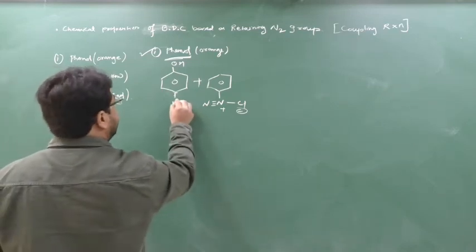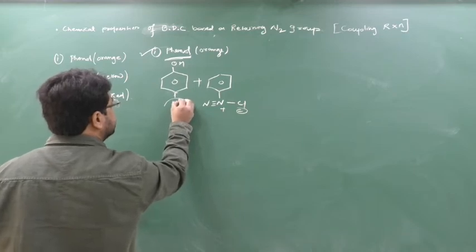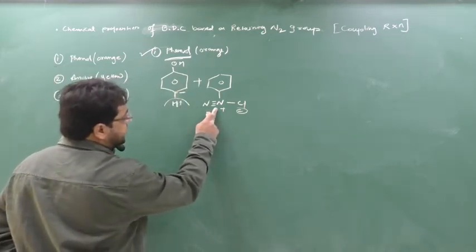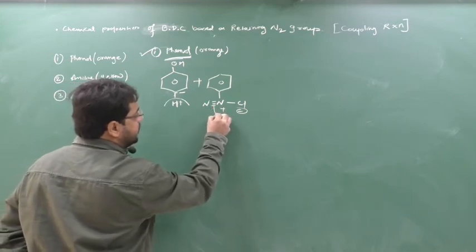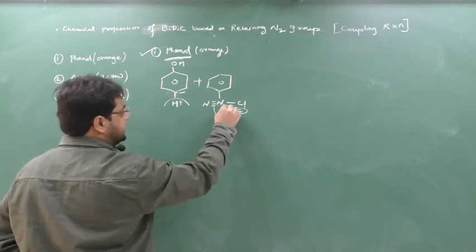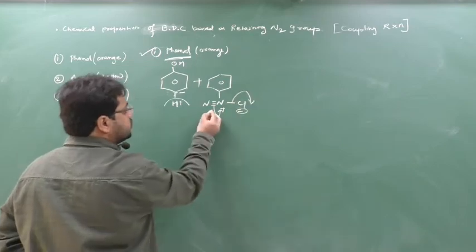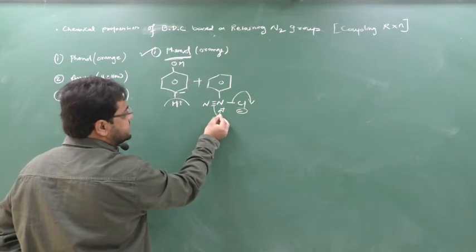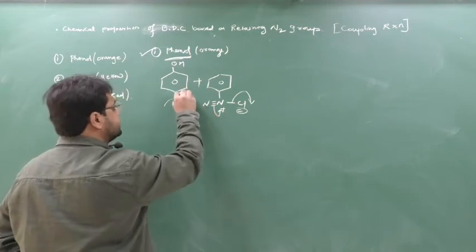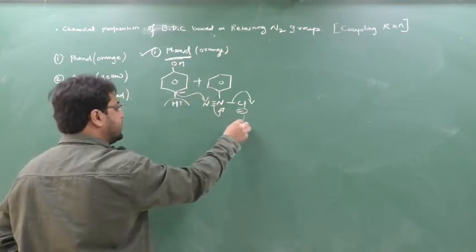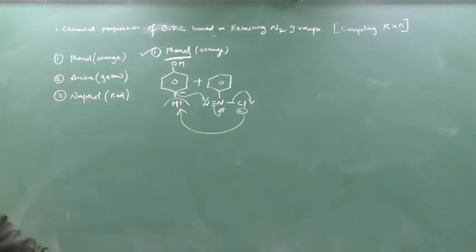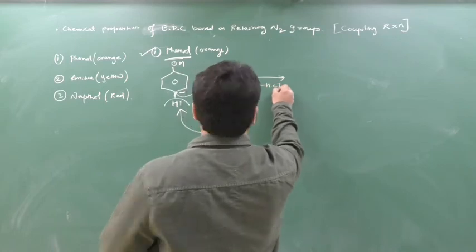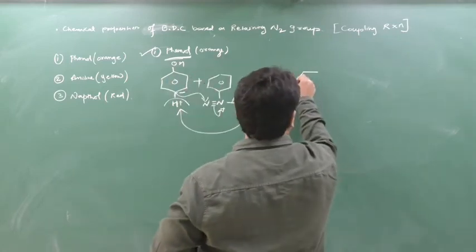Now see, as this is an acidic hydrogen, it will be removed as H plus, so a minus charge will be there. This is a nitrogen, so it needs an electron. So this nitrogen will gain this lone pair here. As it gains the electron, this bond should be broken. So this nitrogen is giving its electron here, which creates a positive charge, and this will be satisfied by this carbon. This chlorine will come and attack here, forming HCl. Clear? Now what will happen? What is removed here? HCl has been removed. See this. This is a phenol.